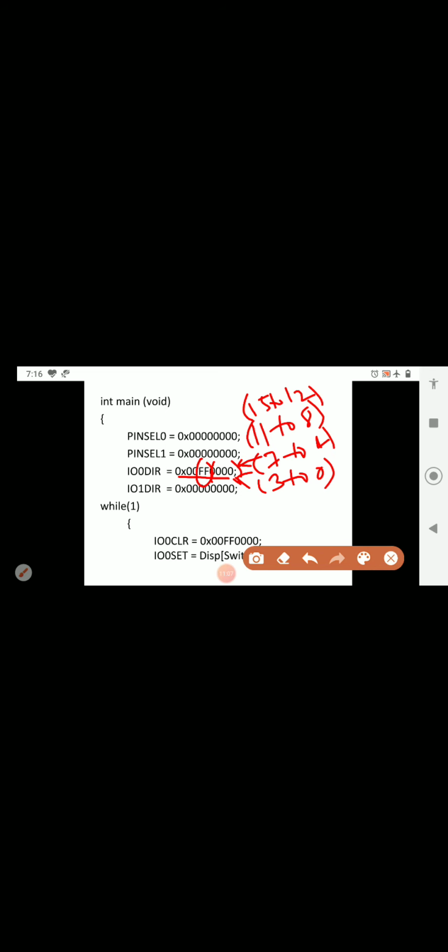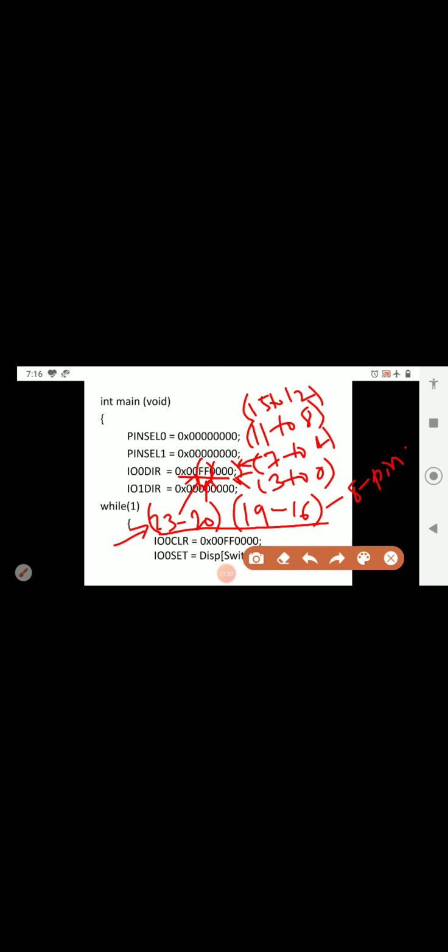After that we have FF. The first F value represents 16 to the next 4 bits, that is 16, 17, 18, 19. Similarly the next F value represents 20 to 23. So the meaning of this IO0DIR is that these pins, that is 16 to 23, there are a total of 8 pins.